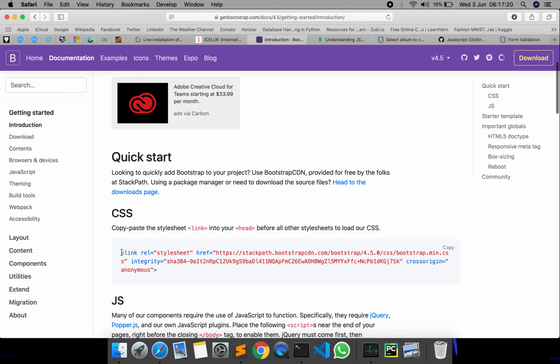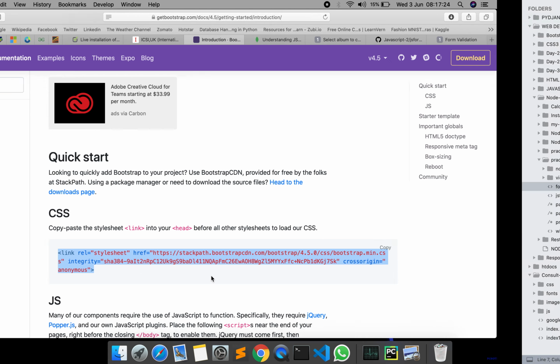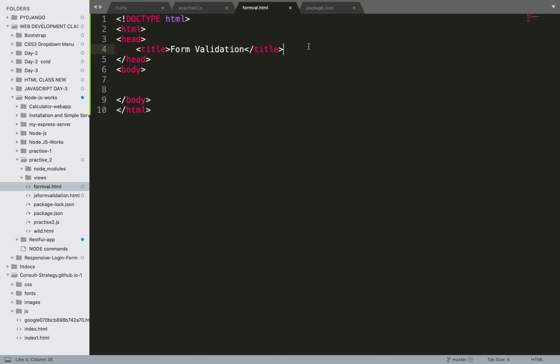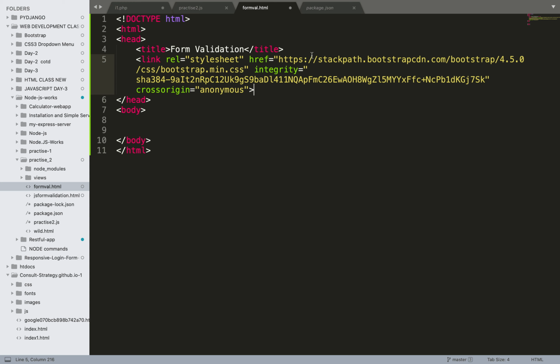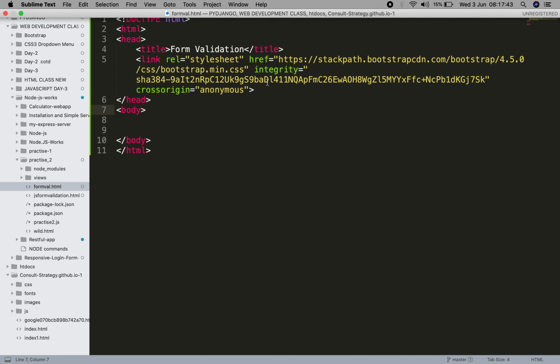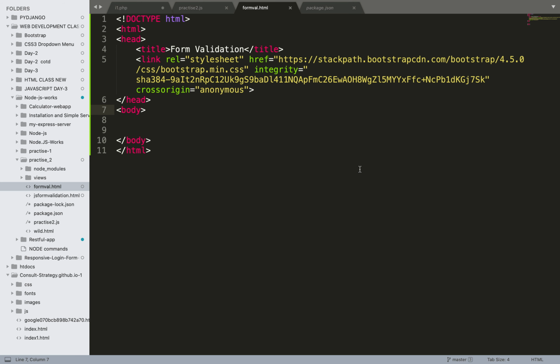What you need to do is just copy this link and paste it in the head of your HTML document. It will come with some preloaded styles, and if you want to customize your page, you can obviously customize it.